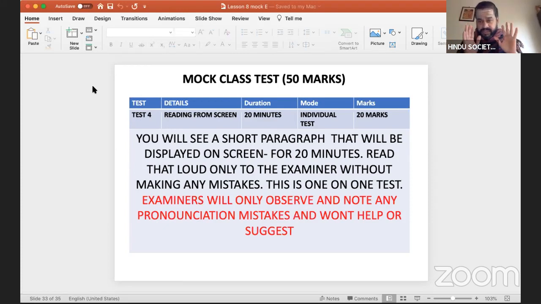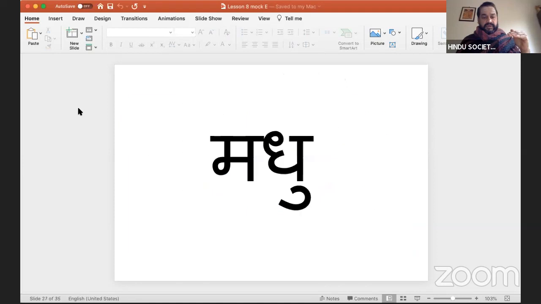The final exam will be in a similar template. It will have the same categories of testing: sight words, dictation words, sight paragraph, and reading paragraph. But when we do the final exam, your cameras will all be on. And when you write the Sanskrit words, you're hearing the words and writing them in Sanskrit. The expectation will also be to write it in English in the final exam. So you have to write the word in Sanskrit, and you have to write the equivalent pronunciation in English. For example, when I gave the word Madhu, you have to write Sanskrit Madhu, and you have to write Madhu in English also.